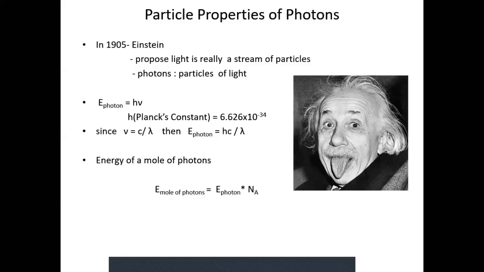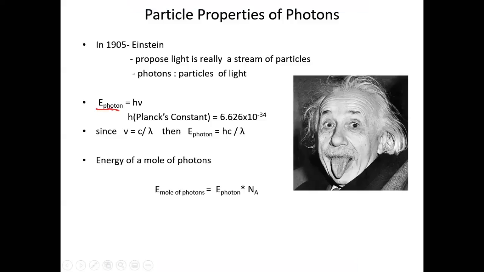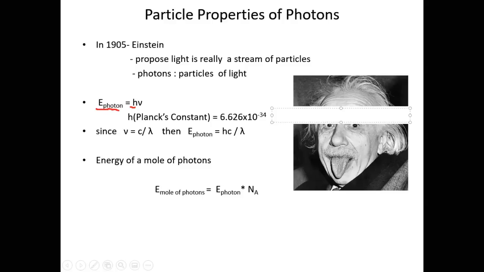So whenever light was emitted, it had a stream of particles within that light beam that were called photons. And there was an equation that was developed to calculate the energy of a photon. So the energy of one photon is a constant called Planck's constant. It's 6.626 times 10 to the negative 34 joules second. So it's the smallest packet of energy that can be transferred